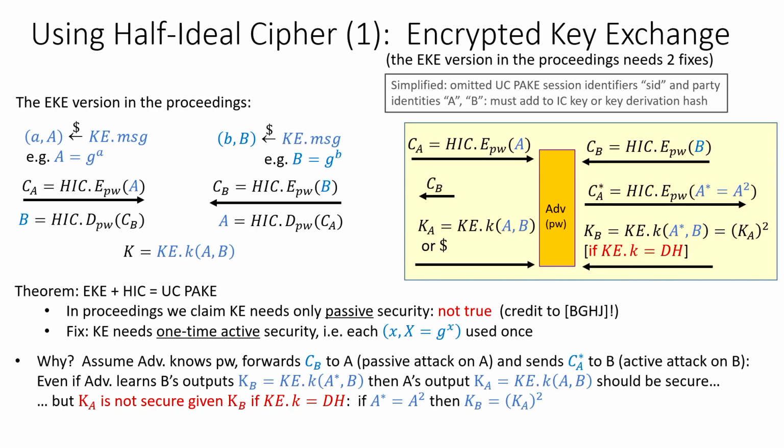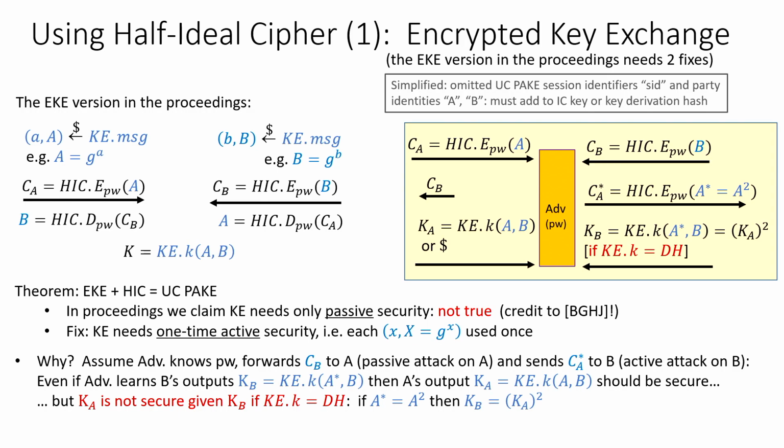So why? Here is maybe a subtle point. Take an adversary who knows the password. This actually removes the whole password encryption layer. It's irrelevant. He knows the password. There are two people, Alice and Bob, who have the same password, and the adversary knows it as well. So all this password encryption you can throw out. And what's underneath is just the basic key exchange, which is not actively secure if the key exchange is only passively secure.